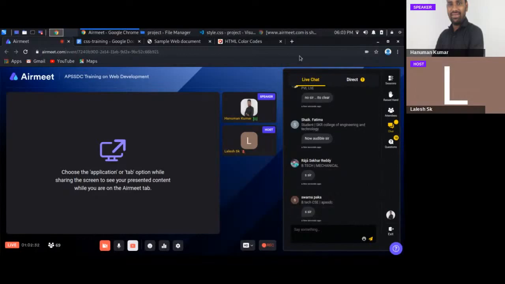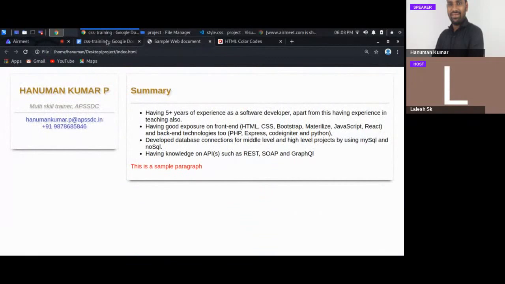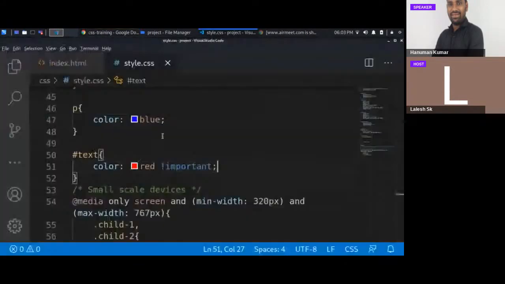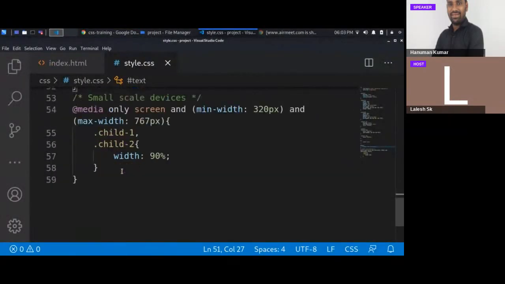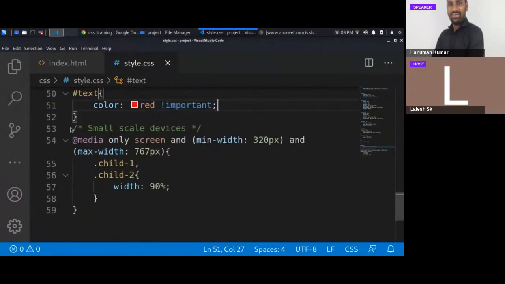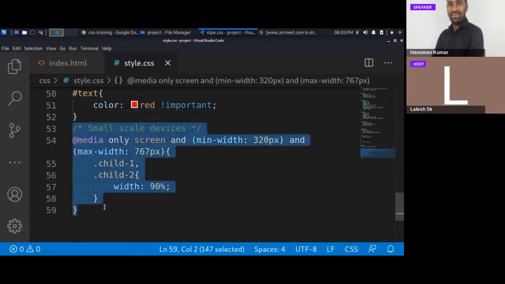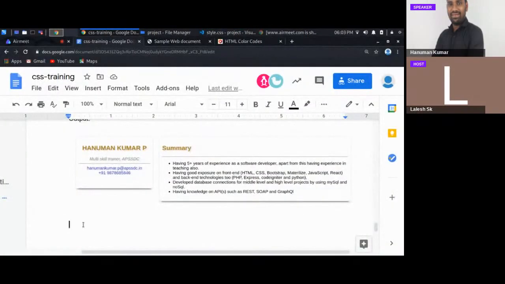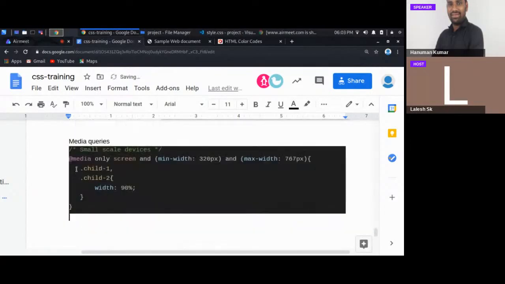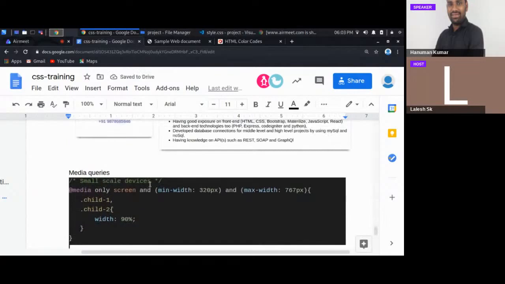So we used the syntax like this. So we used media queries, that is a media only screen. This is for small scale devices. So when we are going to visit a website in small scale devices, we can get that like this. So let me save this, copy and paste it in the document. This is for better understanding. So media queries. This is for mobile device, and